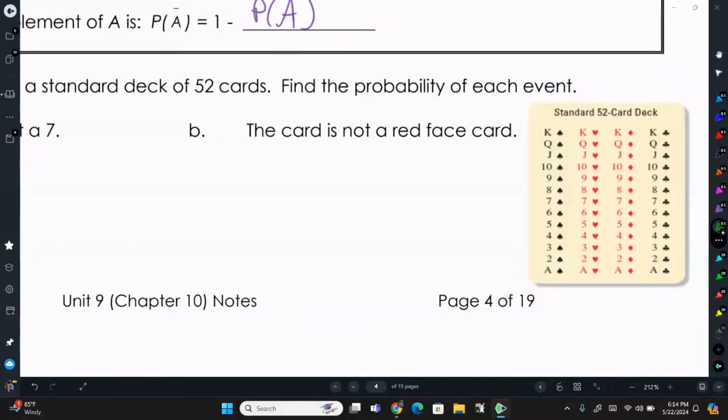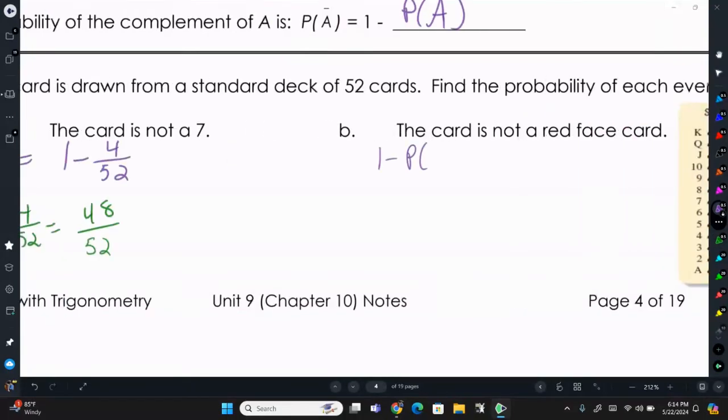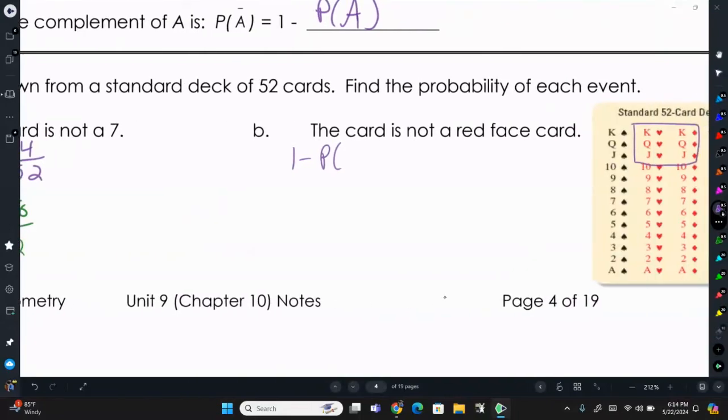So B, the card is not a red face card. This one might be a little bit more difficult without using subtraction. We have 6 cards that are red face cards. So we can do 1 minus the probability of, I wrote 7 there, but we can call that red face. So 1 minus 6 out of 52, which is 52 over 52 minus 6 over 52, which is going to equal